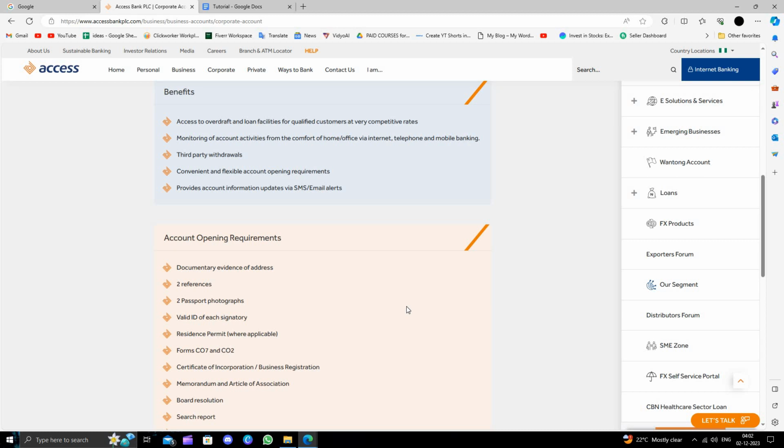So this is how to open a business bank account in